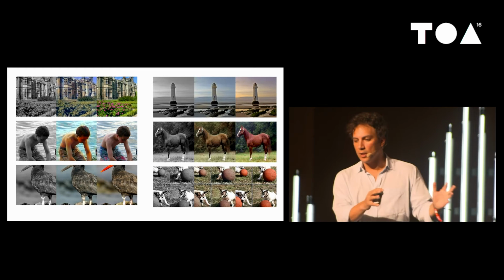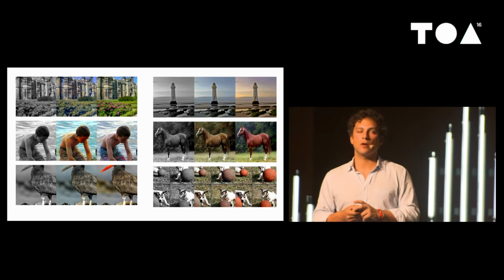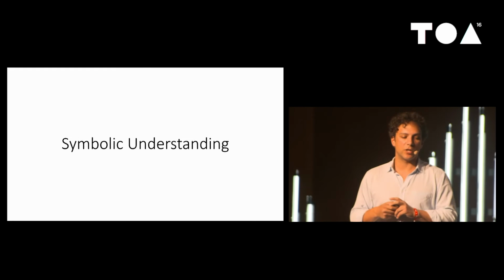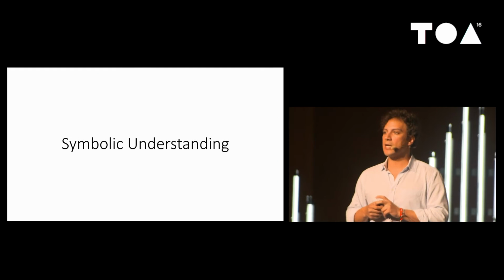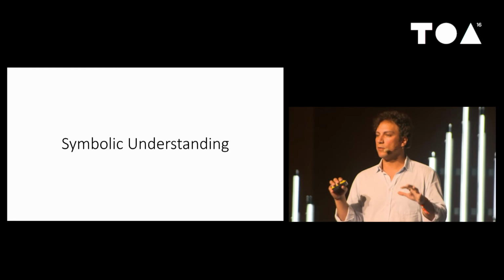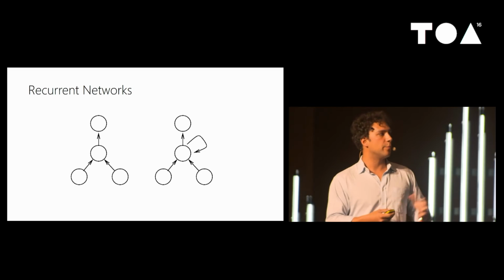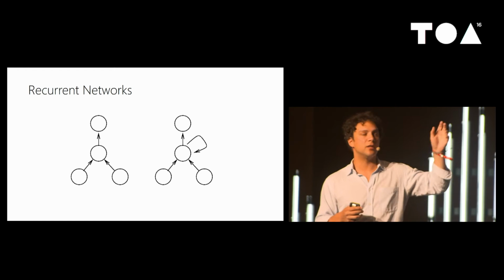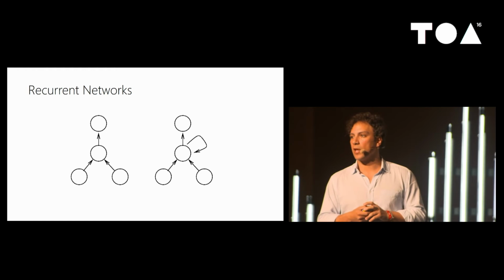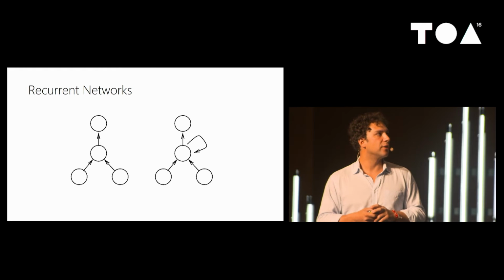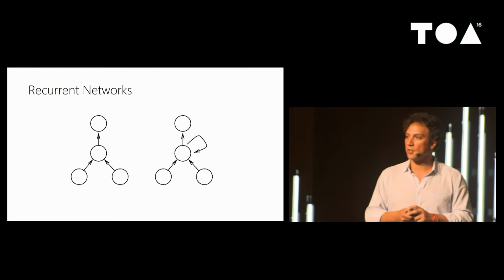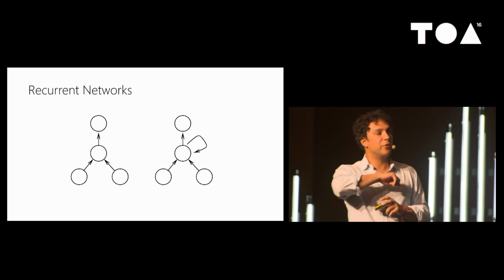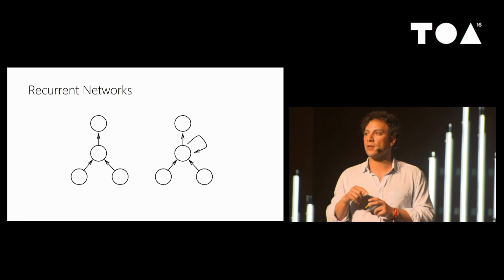So that's all in the domain of visual understanding. Let's talk about language, or what I usually call symbolic understanding. And to do that, I'm going to need to complicate our model for neural networks a little bit. On the left here, we have a traditional neural network. This is really simple. You have some neurons. Their inputs flow up to this second layer of neurons, and then so on and so forth through these 3 layers. Pretty straightforward. On the right, we introduce this squiggly concept here, this idea that the output of one neuron is going to flow back into itself.